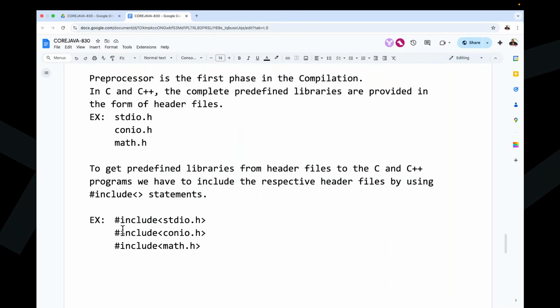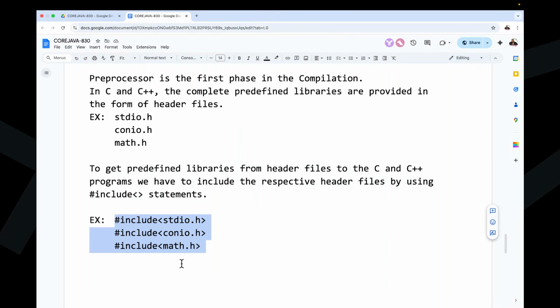Good. If I write hash include statements in my C program, what is going on? You only tell me. I'm giving some internal process, so try to understand it. When we compile this C program, which has hash include statements, the preprocessor will recognize these hash include statements. Guys, now tell me, who will recognize these hash include statements? Preprocessor will recognize these hash include statements.